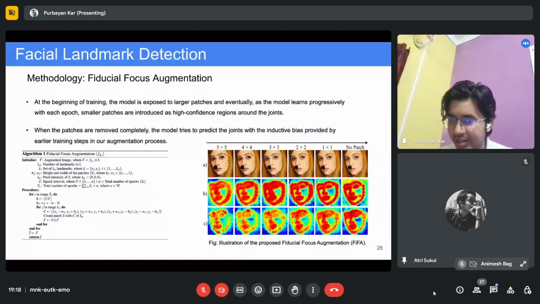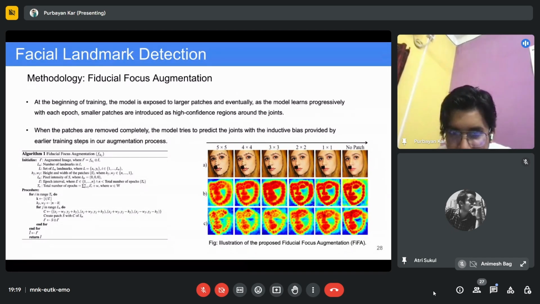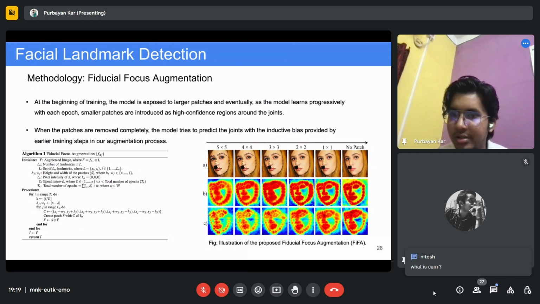If you see, these are Grad-CAM visualizations. These are nothing but visualizations of the weights of the model, showing where it is mostly focusing in the image. At the beginning, you can see the focus region is very large, these excitement regions are very high. But as the training progresses, using this augmentation, the focus region becomes very sharp and very accurate. The model is able to predict this.